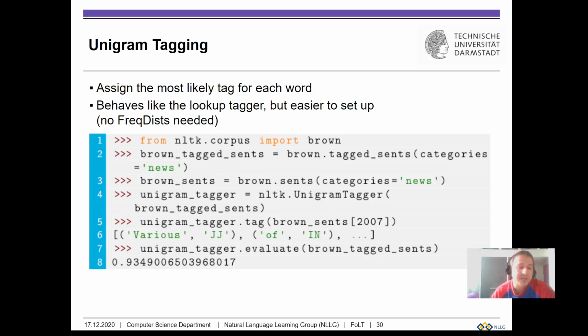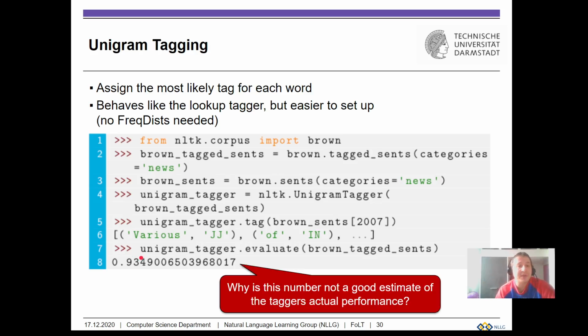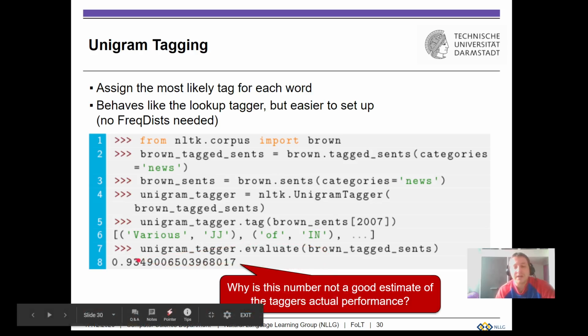So we don't get 100%, but only 93%. And then the other issue that we have is why is this number here, 93%, actually not a good estimate of the actual performance of the tagger? And this is because